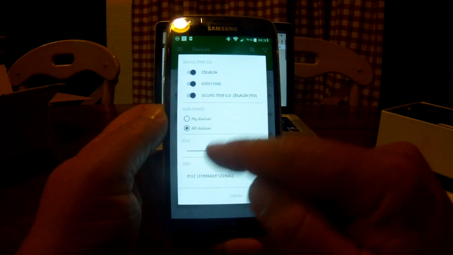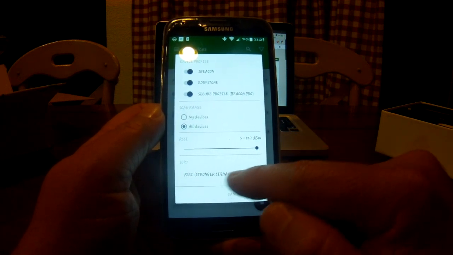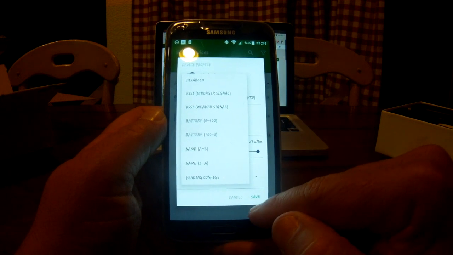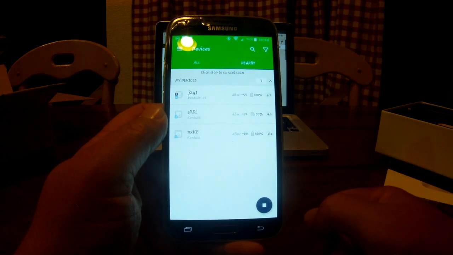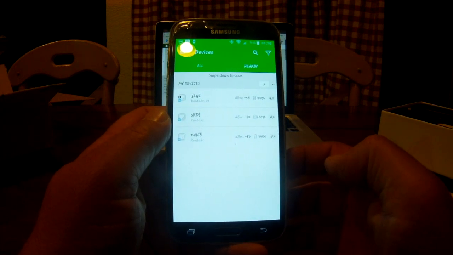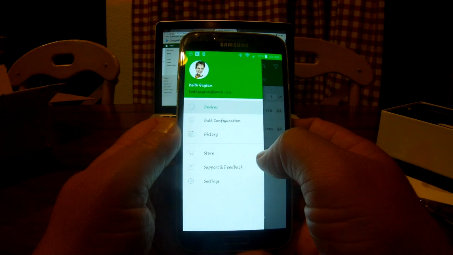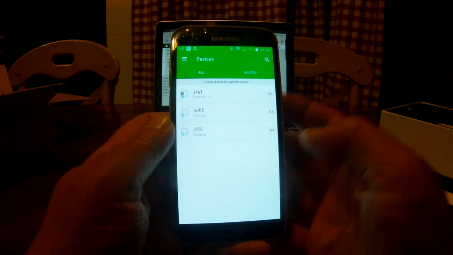This is a lot of information. I'm going to have to, looks like, investigate more. Save. I didn't really change anything. If I hit that, what does that do? Stops. Goes back to devices. Okay, so now if I close this,